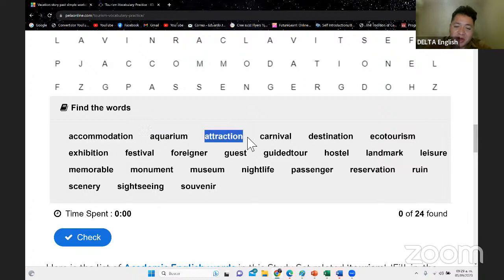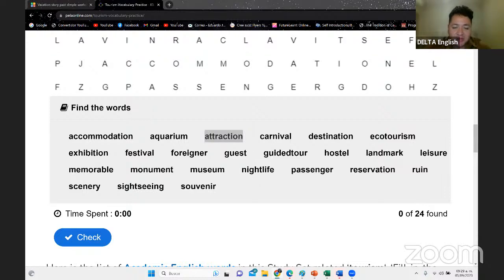Okay, the next one is attraction, right? We're not talking about attraction like physical appearance. We're talking about attraction as places you can visit, the places you can go to have fun. Attractions can be, for example, amusement parks, like I wrote, los parques de atracciones. They're called amusement parks, like Six Flags,